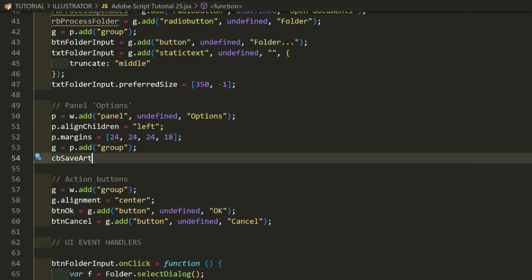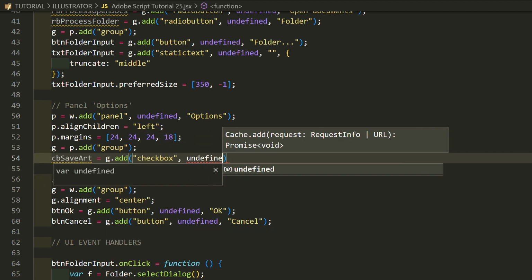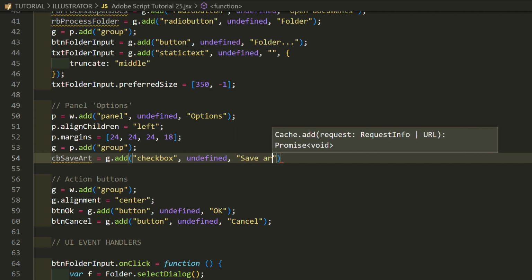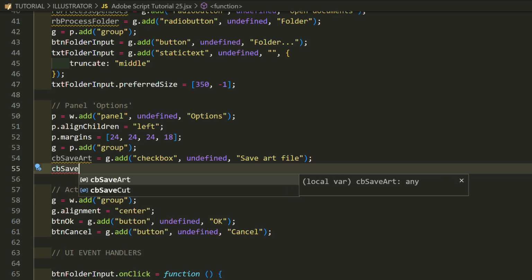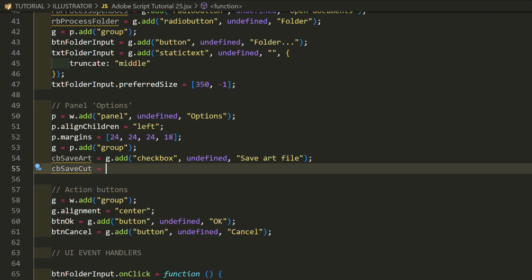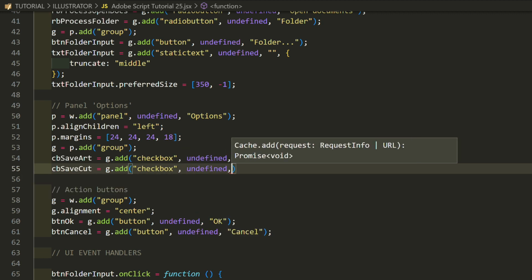CB Save Art equals G, add, checkbox, undefined, Save Art File. CB Save Cut equals G, add, checkbox, undefined, Save Cut File.